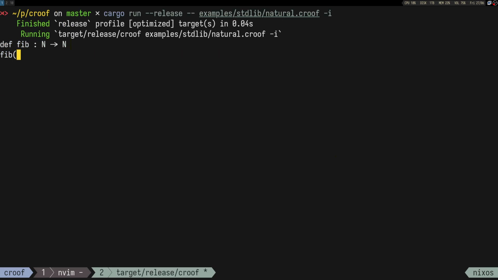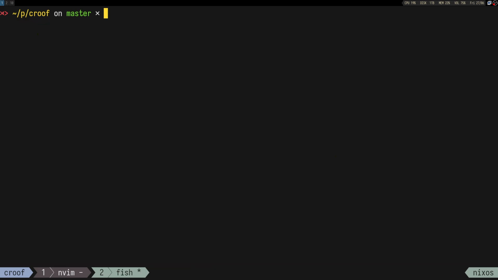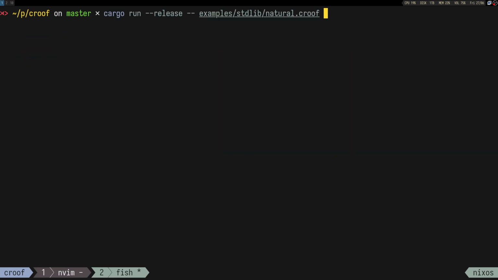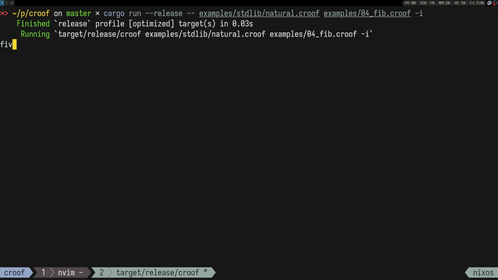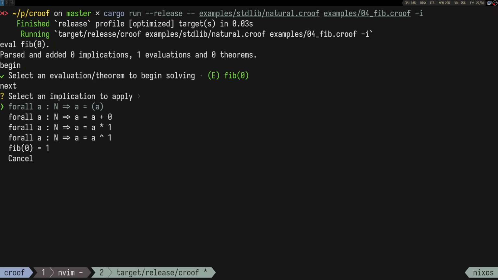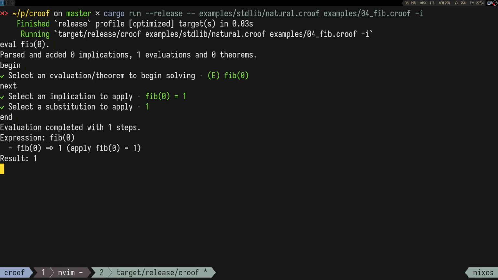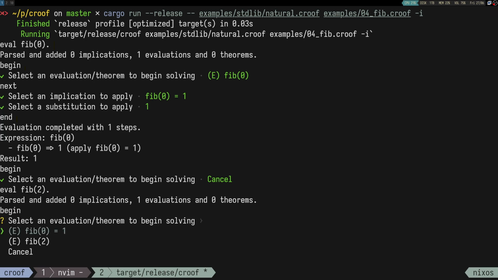Fib. Actually, what am I doing? We already have the file, we can just load it. So examples 04 fib dash I. Now we can say something like evaluate fib 0, begin. We can next it. We already have the thing, so we can just end it, right? And what if we want to do eval fib 2, for instance? We can just begin this thing,